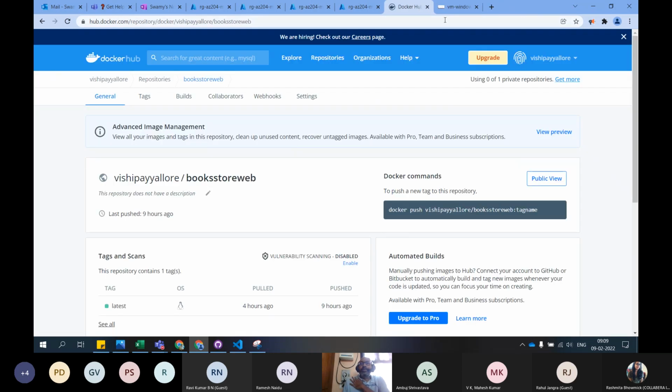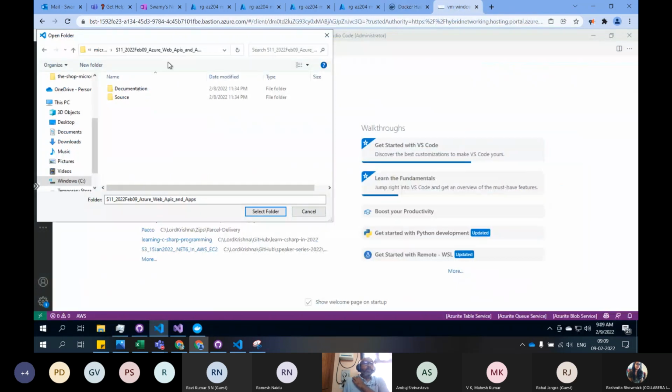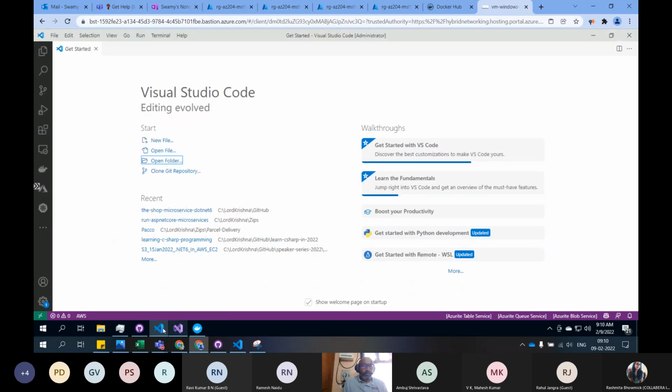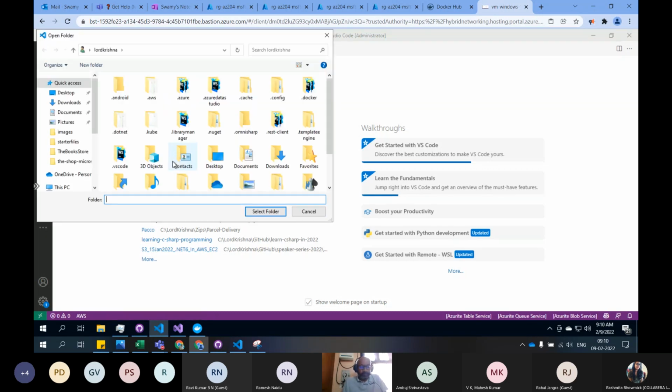So using the Bastion service, it will open this virtual machine in the browser itself. You don't need any RDP. So it will be an in-browser experience. It's pretty cool. Okay. So that being said, let's go and